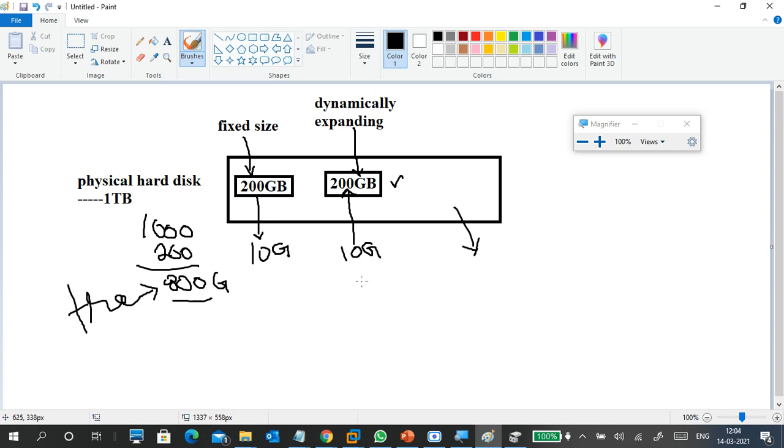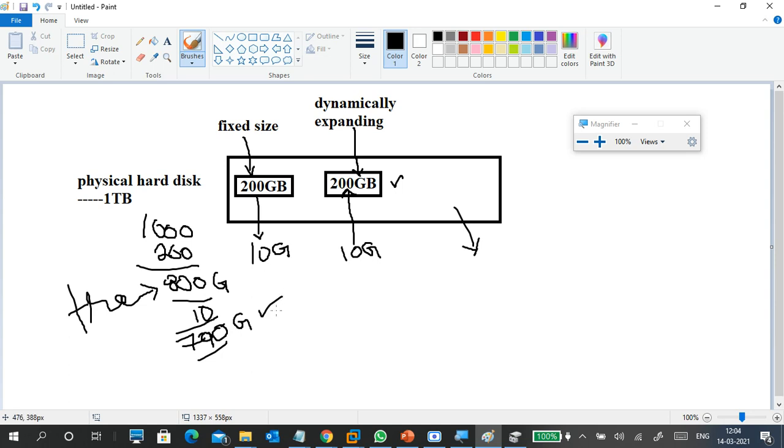I put 10 GB in a 200 GB dynamically expanding disk. 790. Good. You subtract 10 GB, so you will get only 790 GB free space.